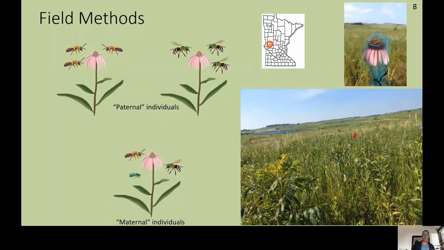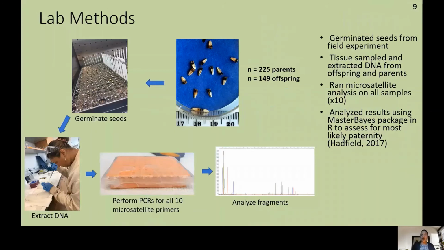days of this experiment. So after the field season was over, we took all the seeds from the maternal individuals and shipped them back to Ohio, where we germinated them, extracted DNA, and we performed microsatellite analysis on these offspring and the parental individuals from the field. After we ran the PCRs with the microsatellites, we sent off these PCRs to a genotype facility which performed capillary electrophoresis. Then we got back these charts.